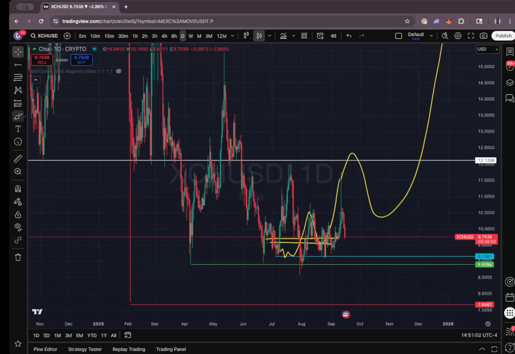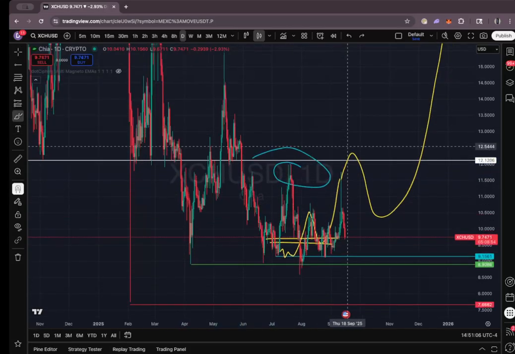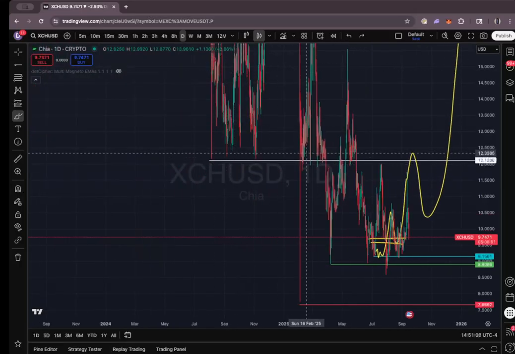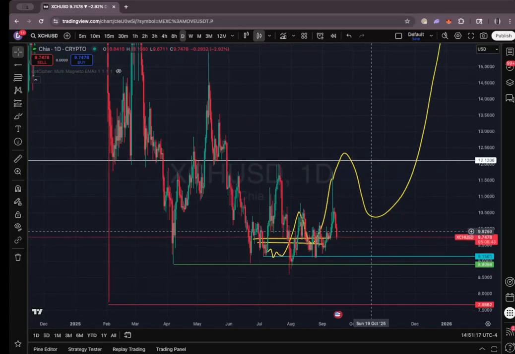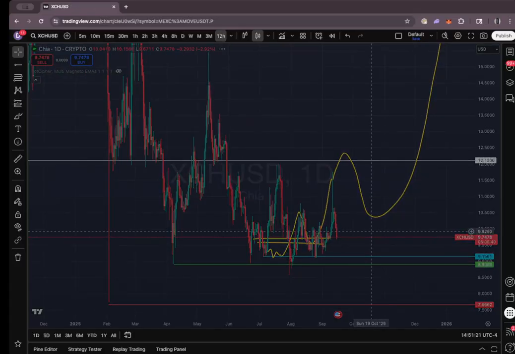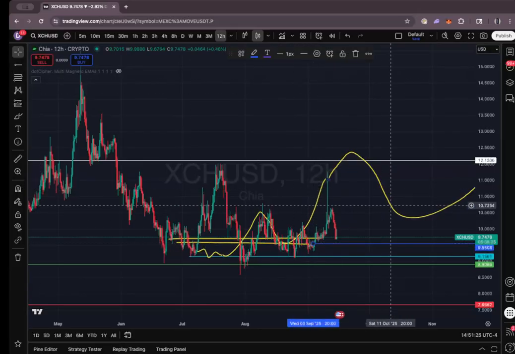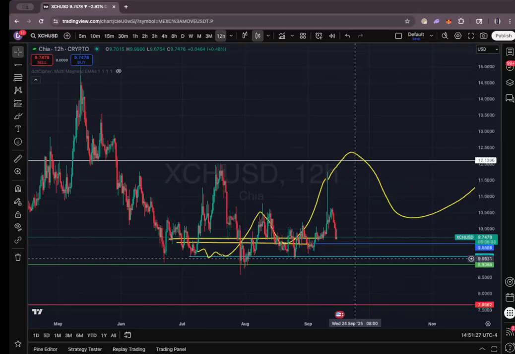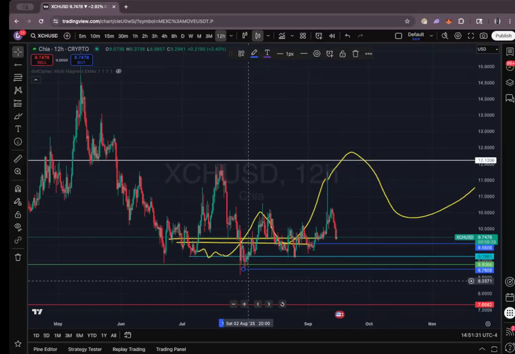I already got a couple pumps, but every single time it has failed to make the high time frame break, which I'm waiting for. I'll just briefly say, some of you guys are probably aware of it, I posted this chart. I have limits right now in the 12-hour, let me mark it up real quick, I forgot exactly what they are. They're right down here. I layered in limits all the way down to roughly 8.5.